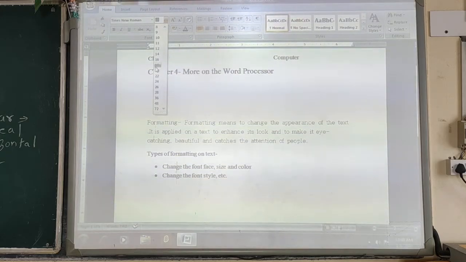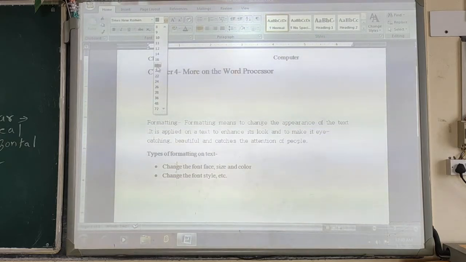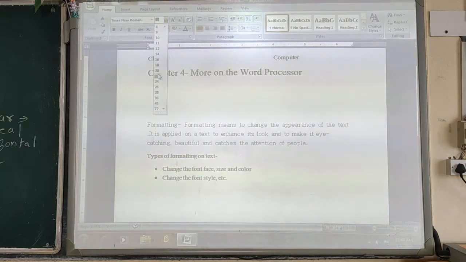And from here you can select the appropriate size for your text and apply it on your document.